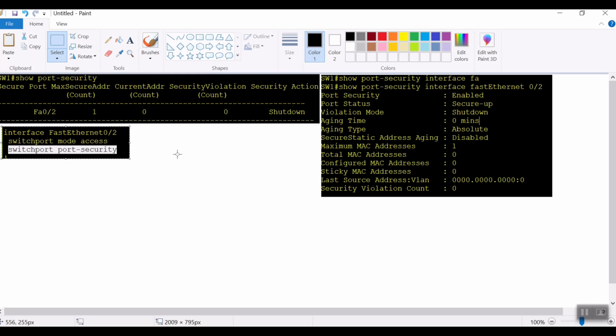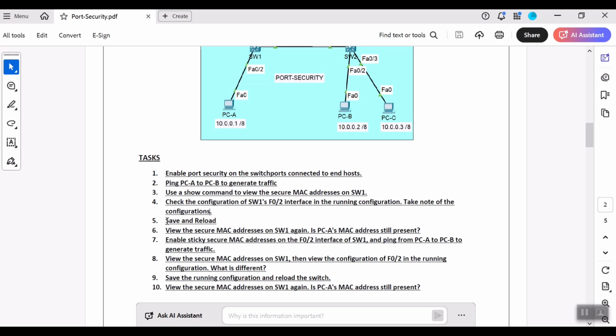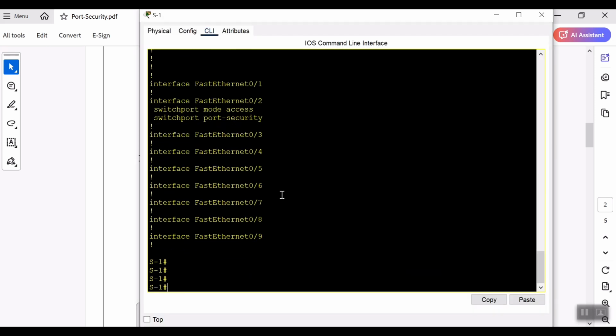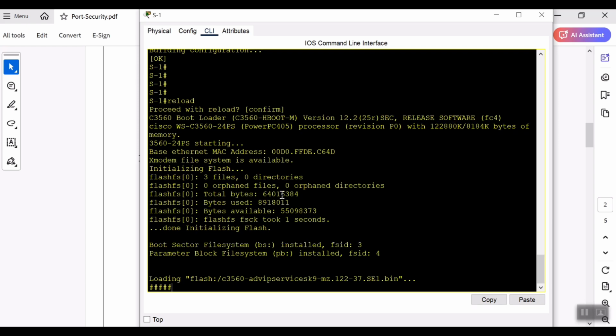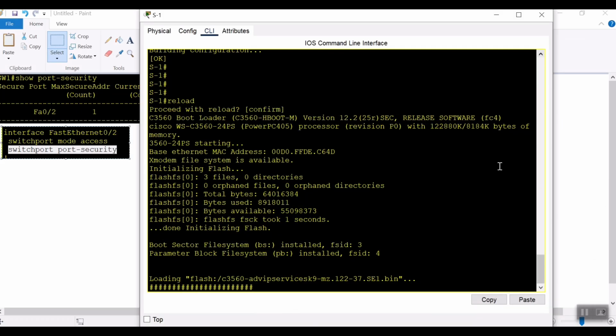So this is the interface FastEthernet 0/2, and what does it say? Save and reload. To save, you have to write the reload command and confirm. Okay,